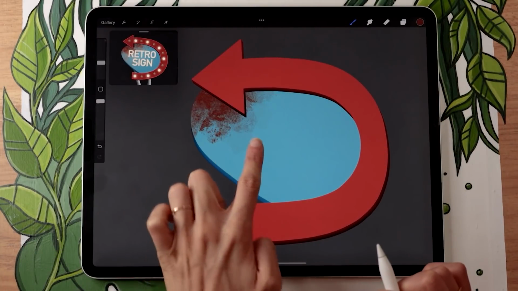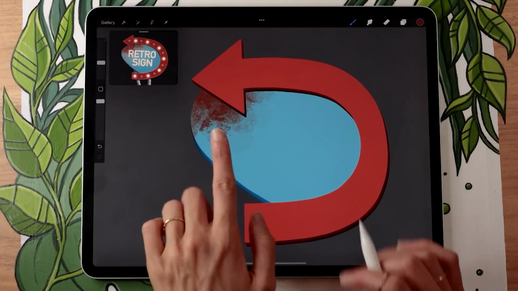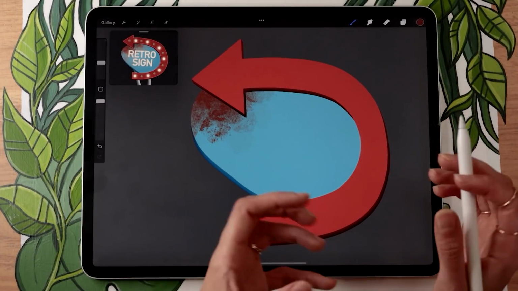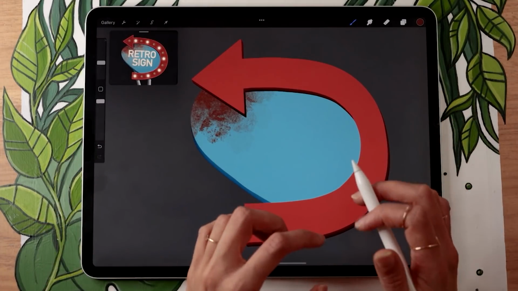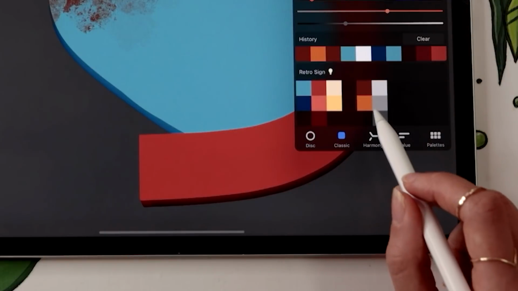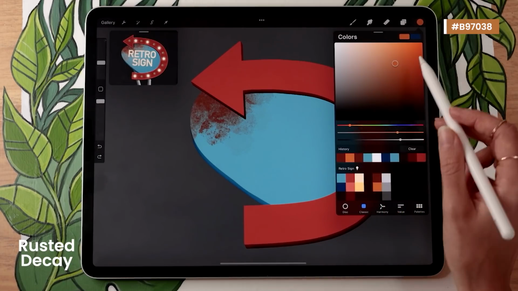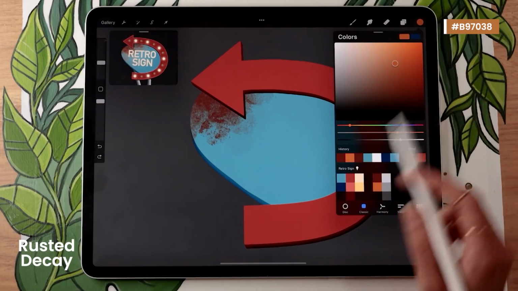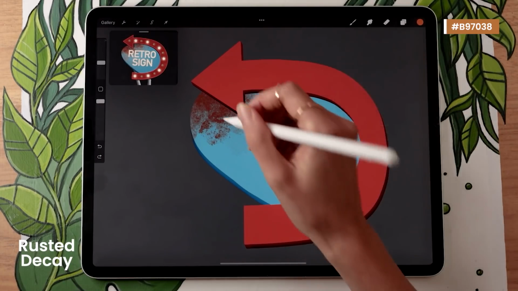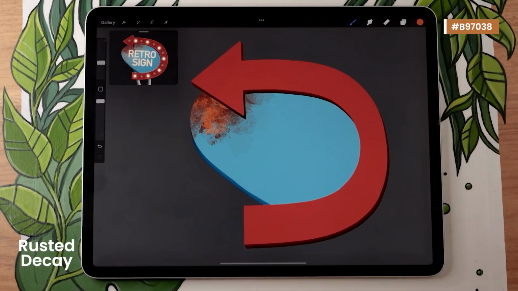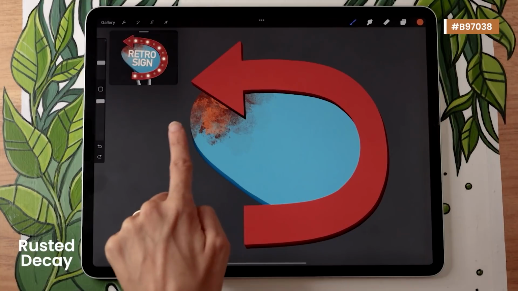Now this is a good start, but it looks more like blood or dirt, so we're going to make it look like rust by adding a really intense orange. So in the color palette, it's going to be this one right here, otherwise you can see it's quite bright and quite saturated. And you could totally go ahead here and just add some stamps of that bright orange, but that's starting to be very intense in terms of the texture.